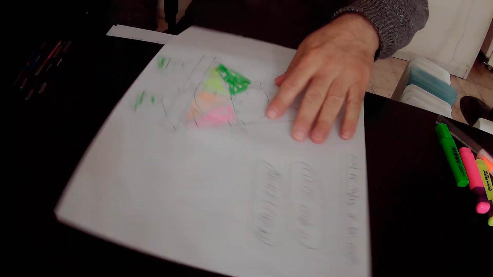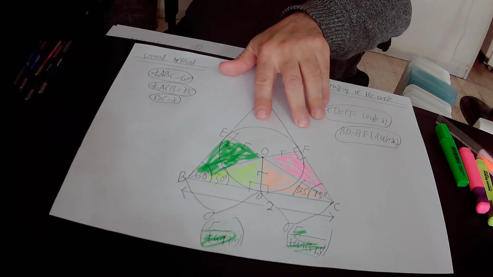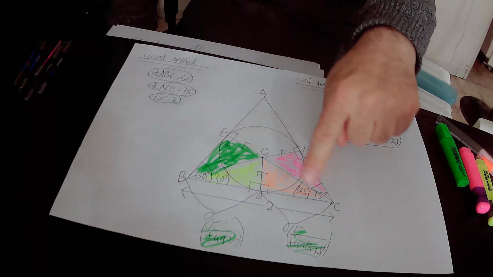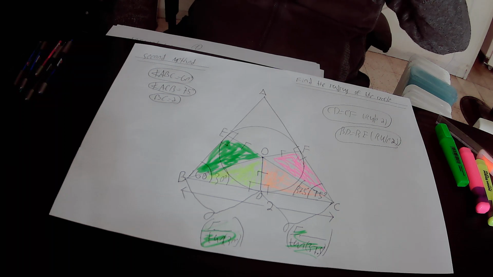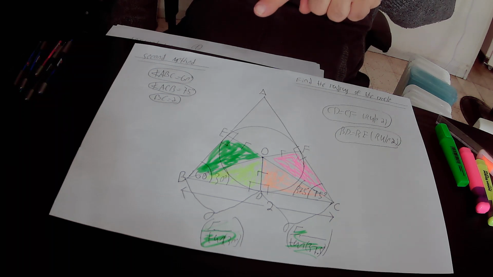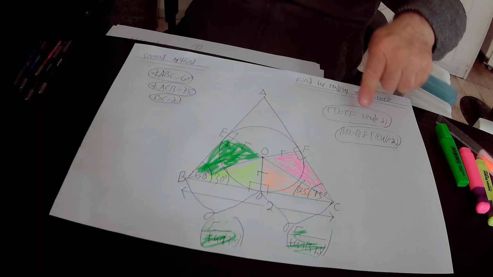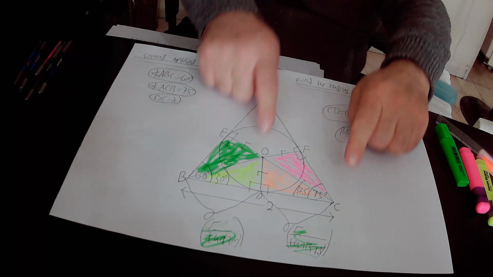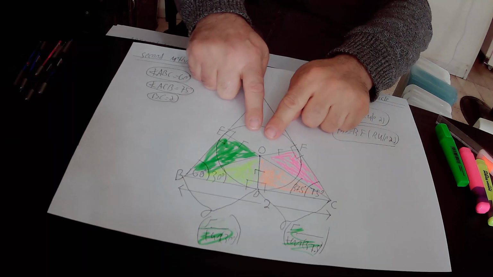Likewise, we focus on the common external point B. From the common external point B, we have two tangents to this circle, tangent BD and tangent BE. And according to rule number 2, they are equal to each other. That is to say, BD equals BE according to rule number 2. Then we join points O and C together by a straight line, and we join points O and B together